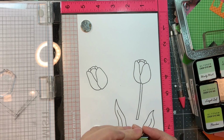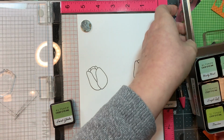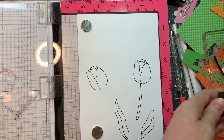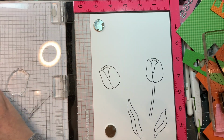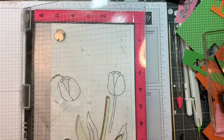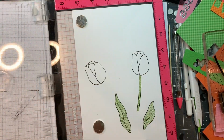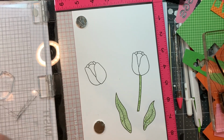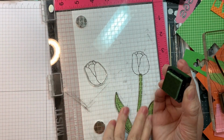So I'm going to pull out some different colors here to use. I end up using Frayed Leaf, Forest Glades, and Evergreen for the greens. I use Pinkalicious Raspberry, and then the other one I use Puffy Heart and Purple Wine for the layers. So I'm just going to ink it up, and you'll notice that I stamp it numerous times just to get